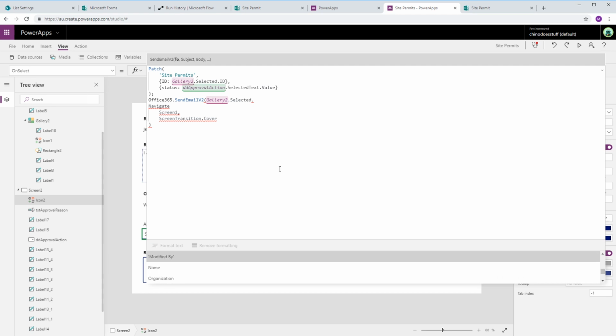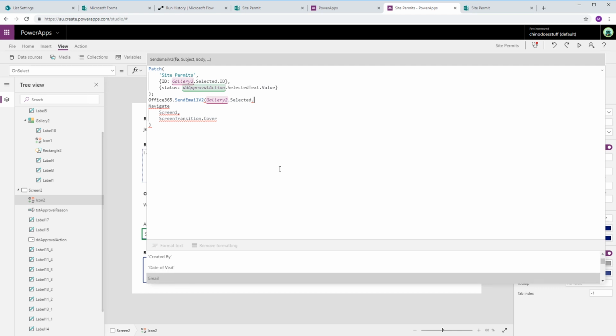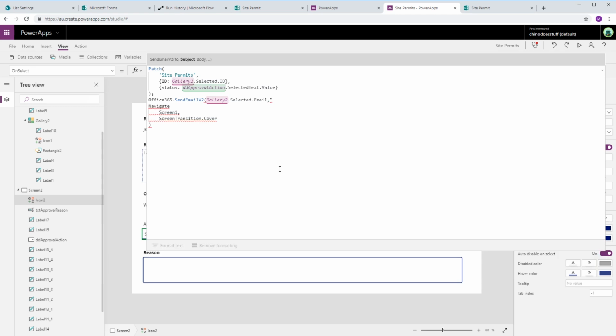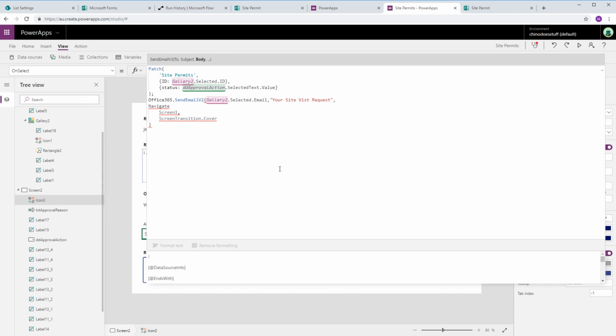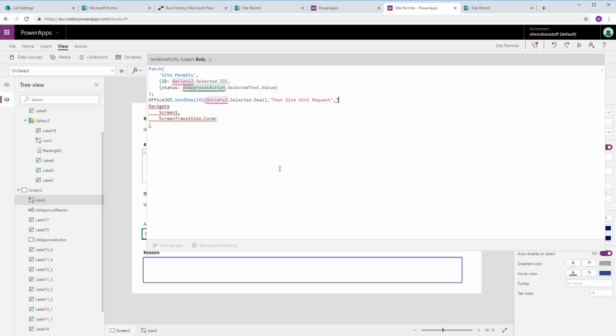Need to request a name. Email, and the subject will be let's just say your site visit request, and the body will be your site request has been